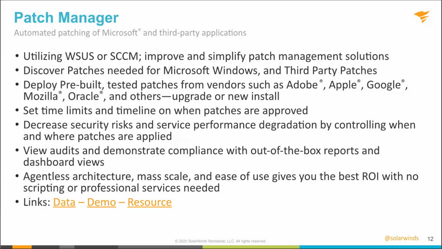In addition, you have the capability of creating custom patches, so you're not limited to just some of the ones that we have in here. Maybe we need to check for a registry, a file age, or a file version number to see if we need to install this on the system, or just do a blank install. You can create and push out those types of updates to all of your devices to help streamline this. Like I mentioned, because at the end of the day, it helps you to mass scale this